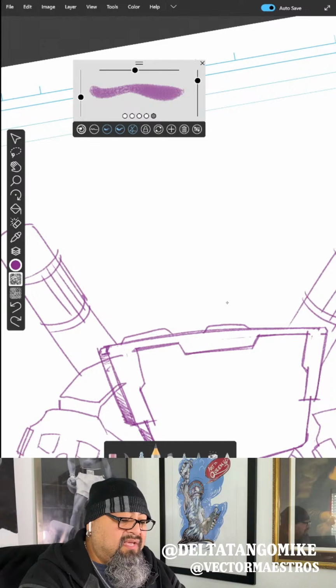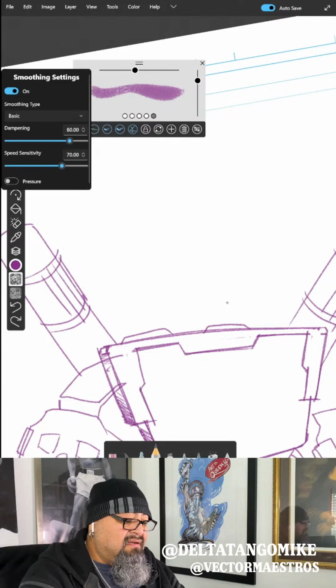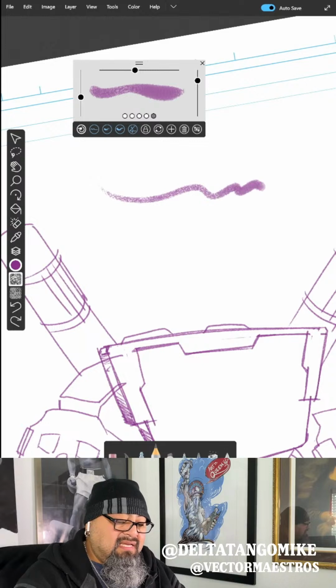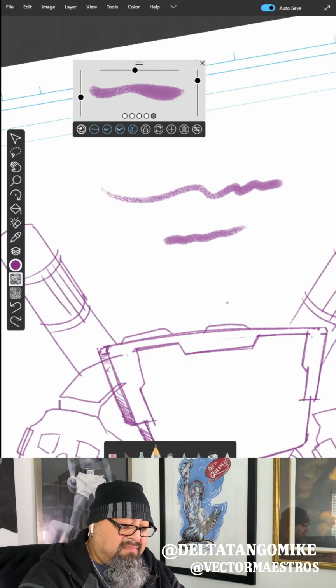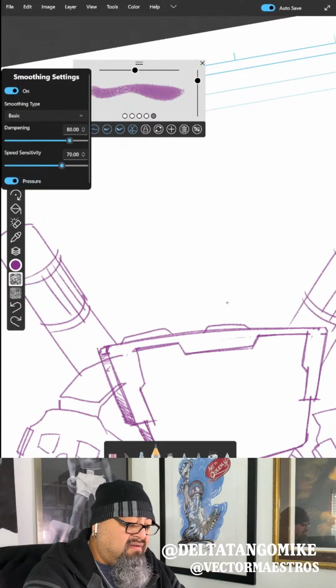This right here is the pressure. So this is pressure, but this right here is stroke stabilization. Turn it on and so on, right? And then pressure. Basically, if you don't have good handwriting, it's not showing me much about it right now because I have all my stuff turned off.